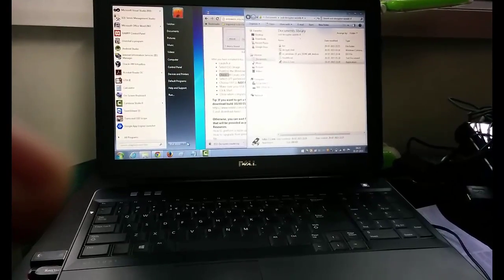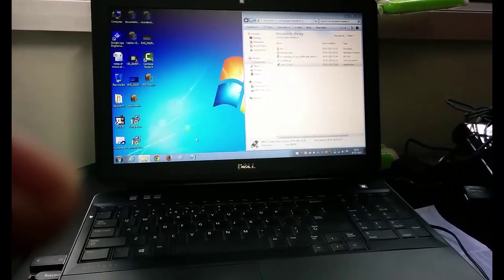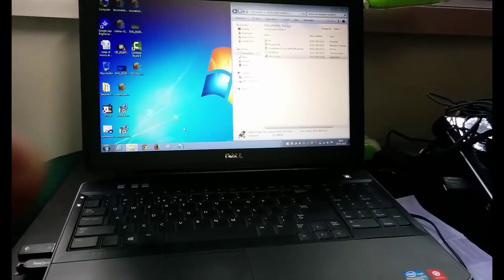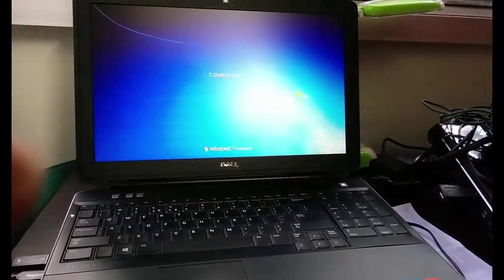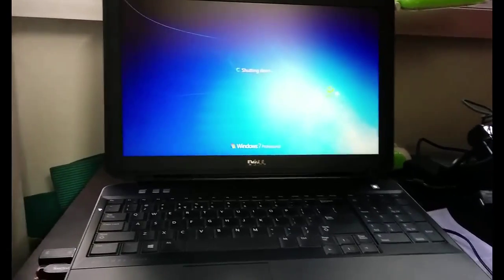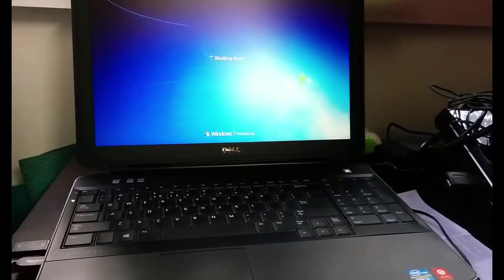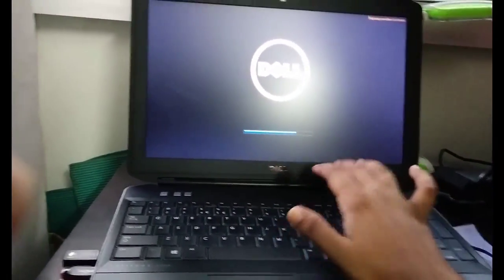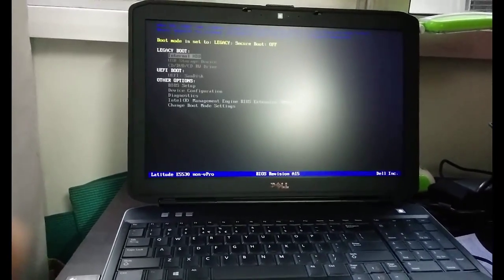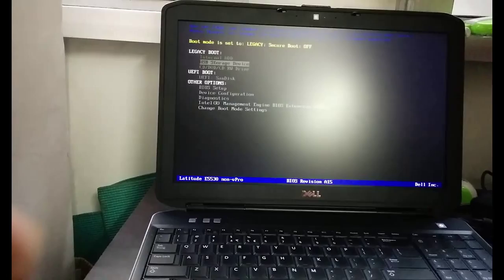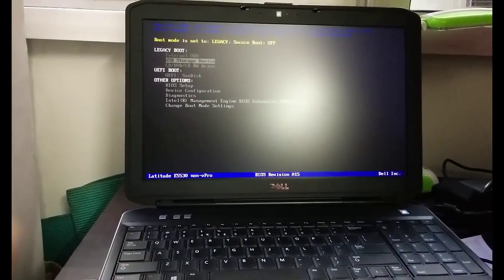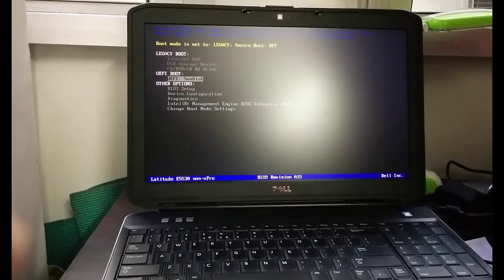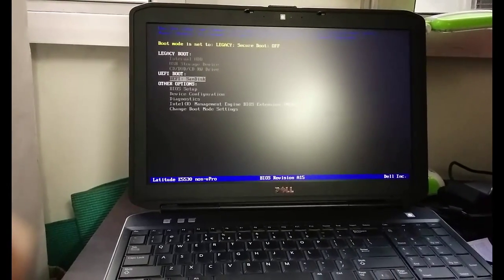So we'll be now restarting the system. So we all have a pen drive now which is already configured for the system. So I will be just using the option to reboot the system. So we are now booting. So there you can see USB storage. So I will be clicking on USB storage. So here you can see UEFI boot disk. So I will be clicking on this.